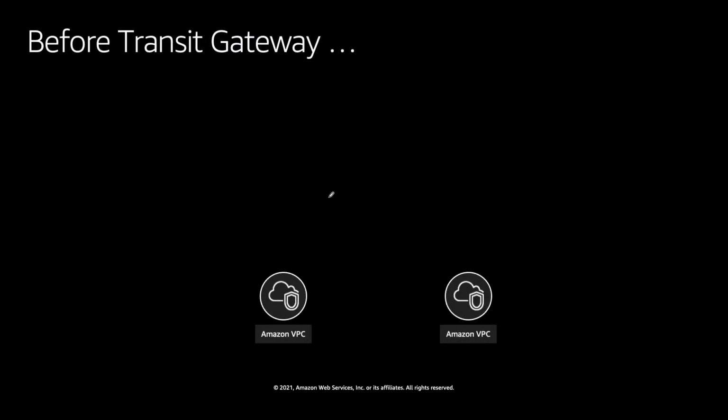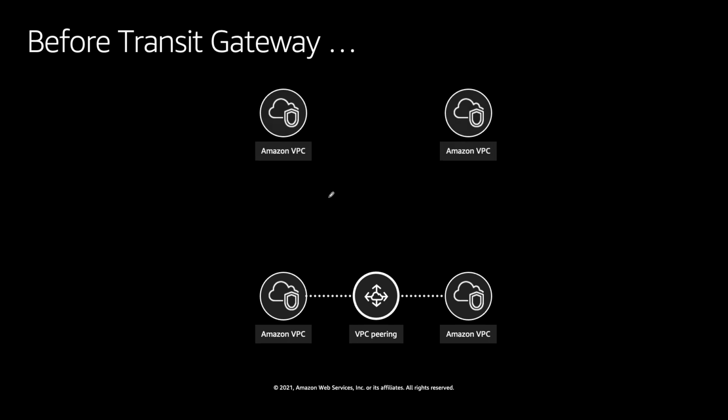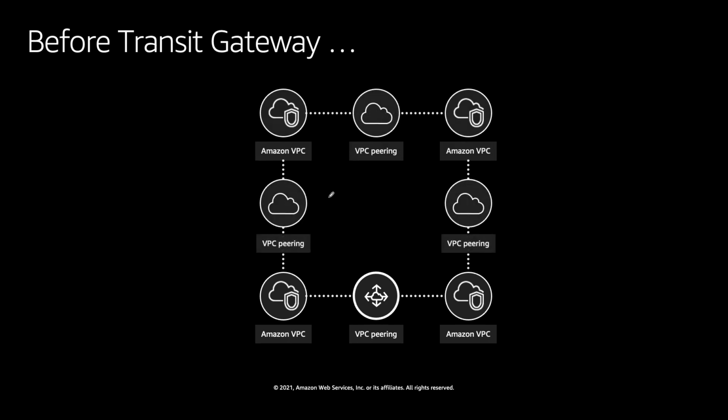Before transit gateway, with two VPCs you have a VPC peering between them, with more VPCs you have more peering, and so forth.